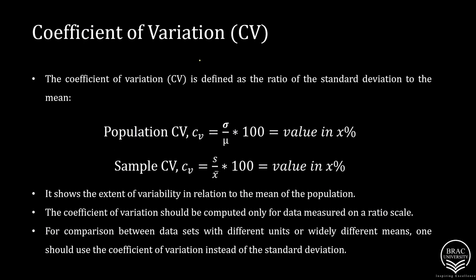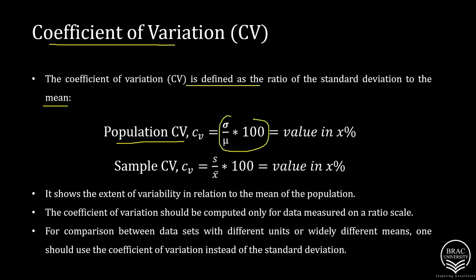Now we will learn about the relative measure related to variance and standard deviation, which is the coefficient of variation. The coefficient of variation is defined as the ratio of the standard deviation to the mean, that is, the population CV is